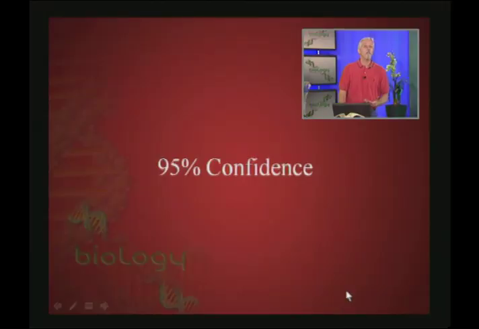And if we did, how frequently would that be an acceptable result to us? The standard that we use in the biological sciences is what we call a 95% confidence. What that means is that if we reran our experiment 100 times, we would be certain that there was a cause for the difference 95 times or more per 100. In other words, we have to be confident that there was a cause for the difference as opposed to just chance duplicating our results more than 95% of the time. And if that's the case, then we say we have a 95% confidence.